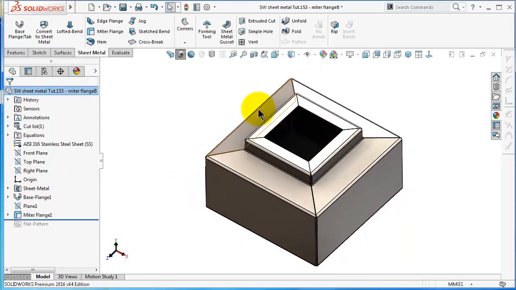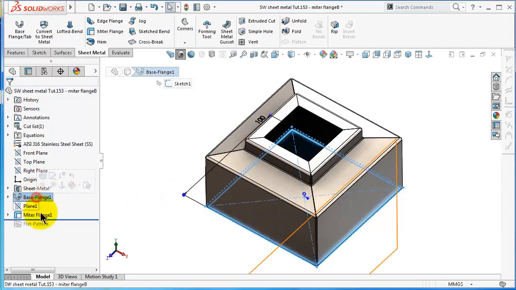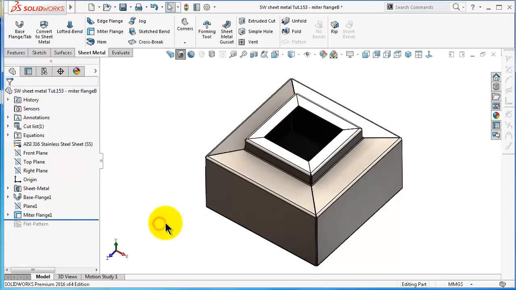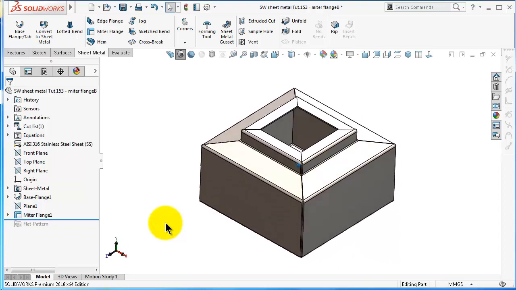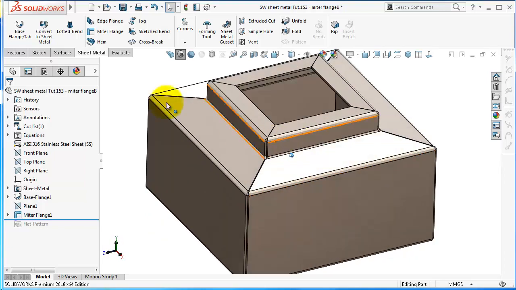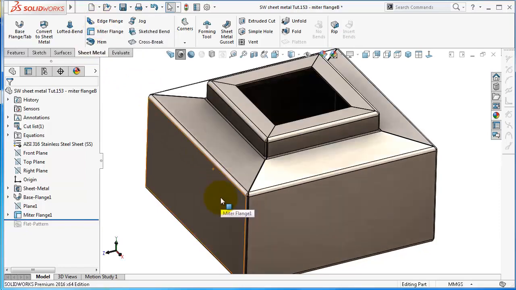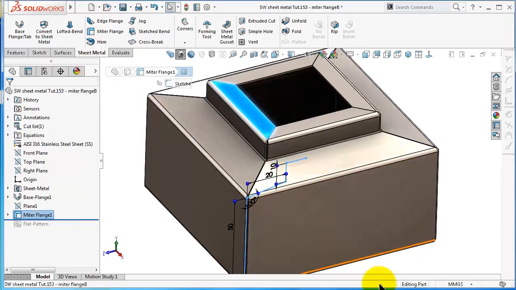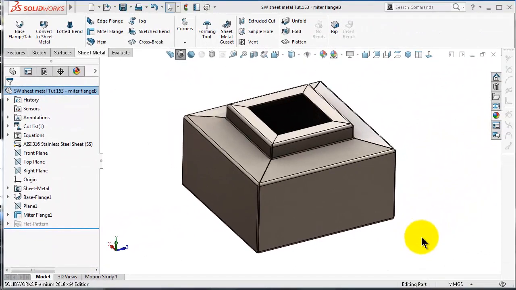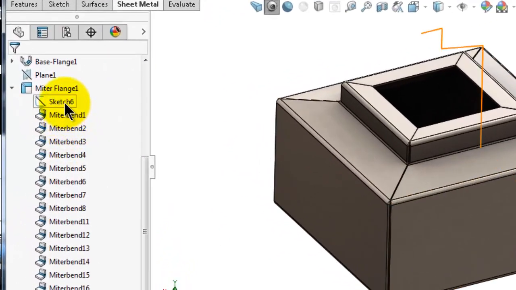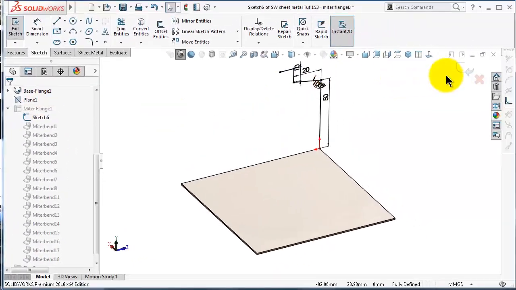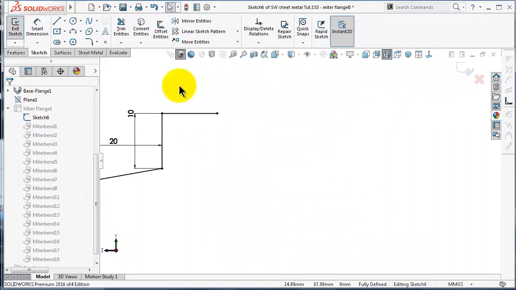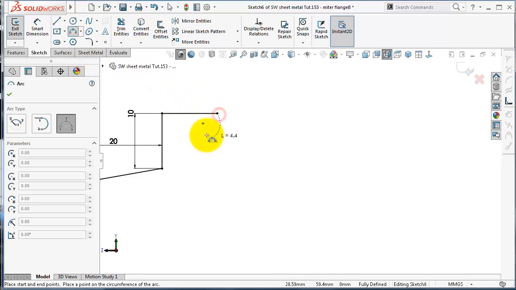So we created this box with only two steps with the help of miter flange. So you will see how time saving this tool is. And imagine if you would like to create this shape with only the edge flange, you need 1, 2, 3, 4 steps. And also it allows you to create detailed sketches that cannot be created by the edge flange. For example, let's go back to the starting sketch, sketch 6, edit sketch, normal to, and let's add a bended edge or a hem, big arc,